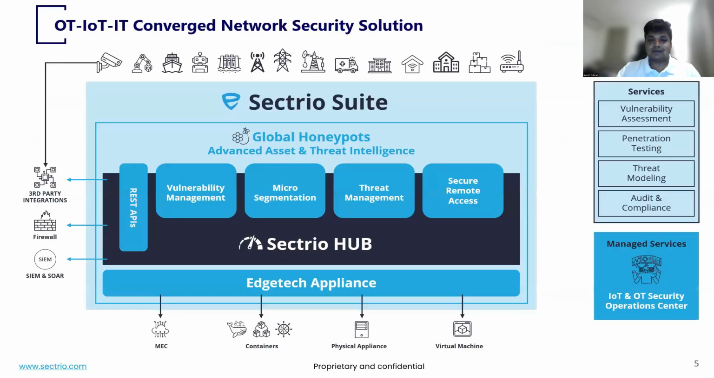So this is a quick overview of our security suite. We have the EdgeTech appliance, or what is popularly known as the sensor, which does all the packet inspection and all the log aggregation. Once it does the packet inspection, log aggregation, and applies the signatures, heuristics, and the anomaly detection mechanisms, it reports all the vulnerabilities to the vulnerability management module, all the threats to the threat management module, and also acts as an integrated module